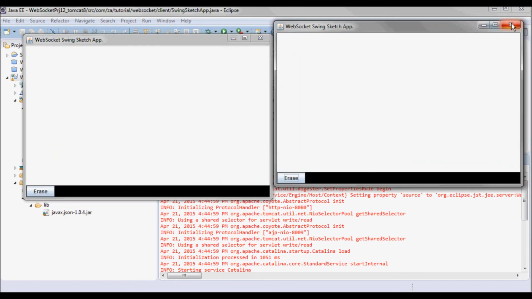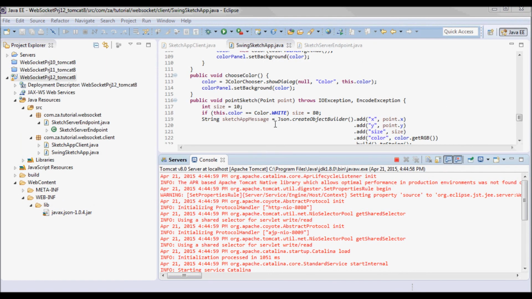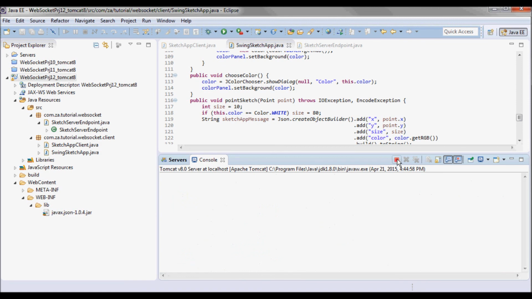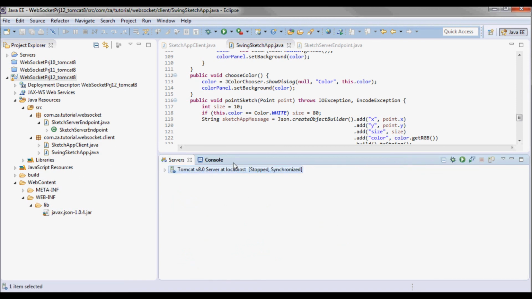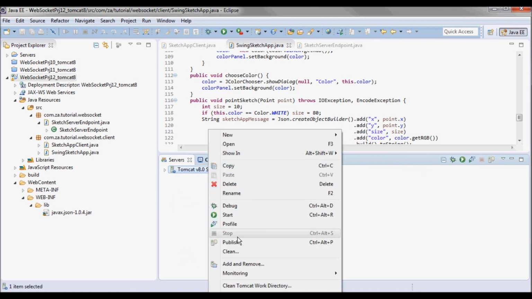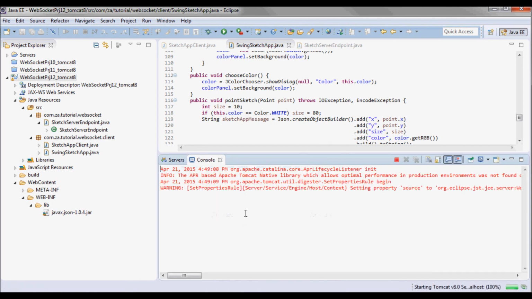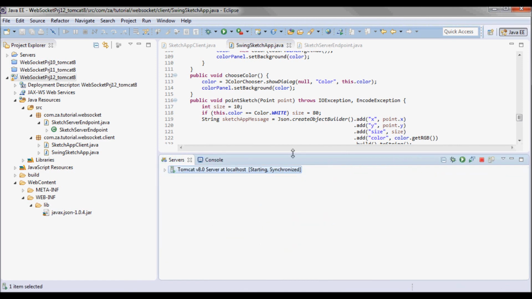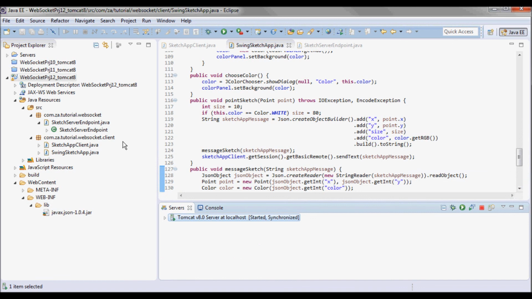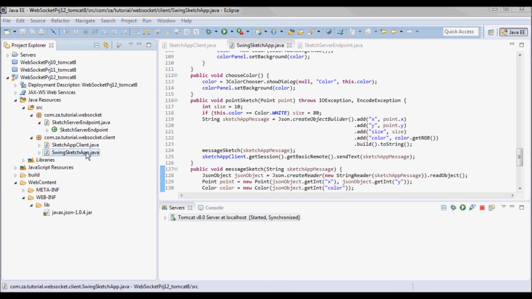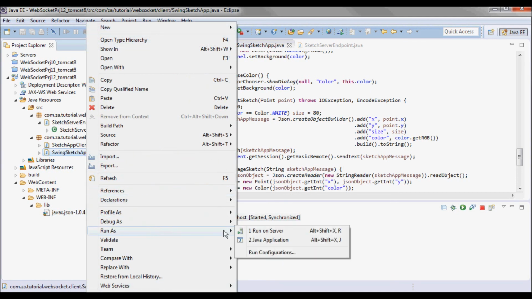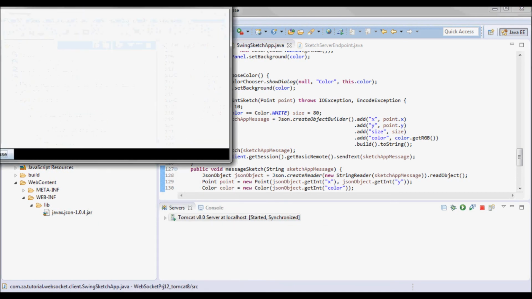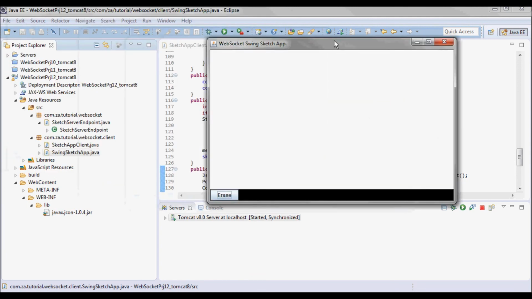I have those two instances. I'm going to close them, and I will start the server. And let's go ahead and run. So run as Java application.